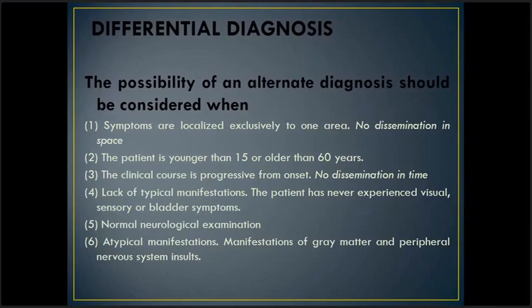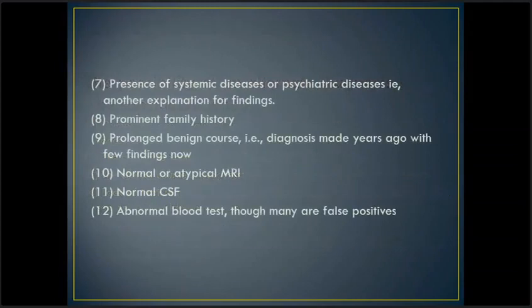If there is lack of typical manifestation, for example, we said the most common presenting manifestations are optic nerve lesion and sensory manifestation. If there is lack of typical, we should search for differential diagnosis. If there is only subjective complaint with normal neurological examination, if there is atypical manifestation, if there is presence of other disease,